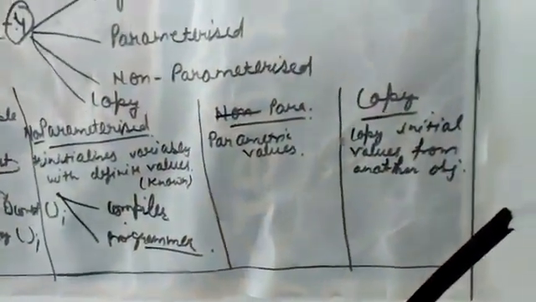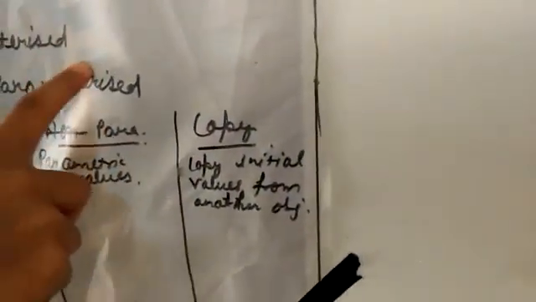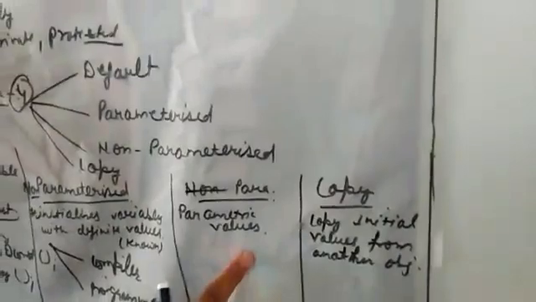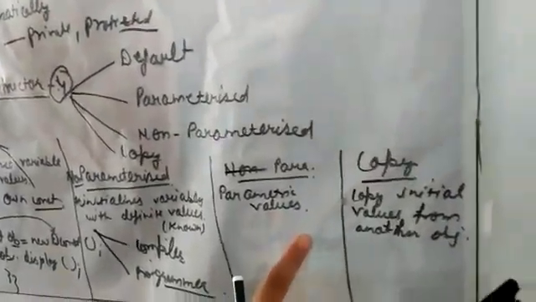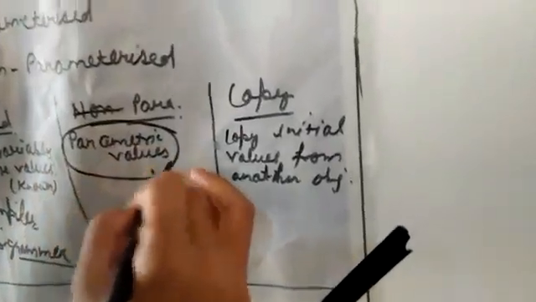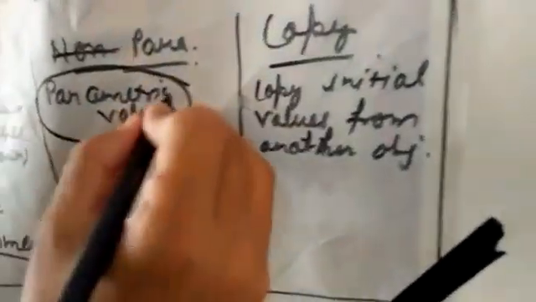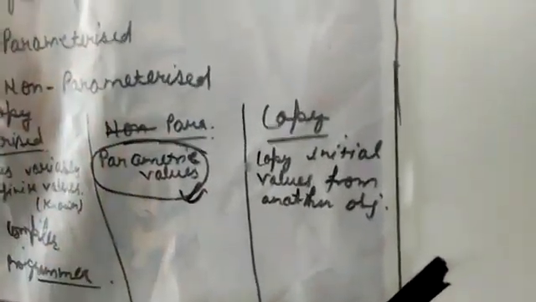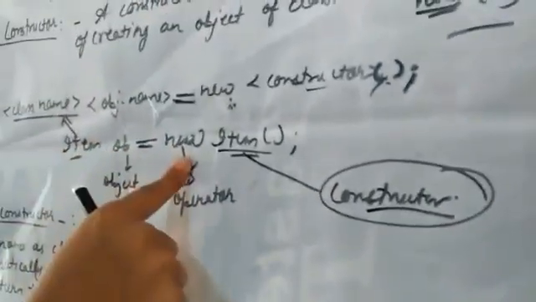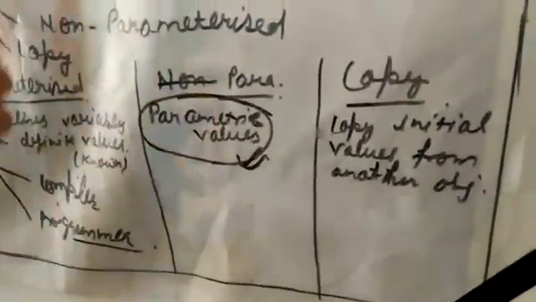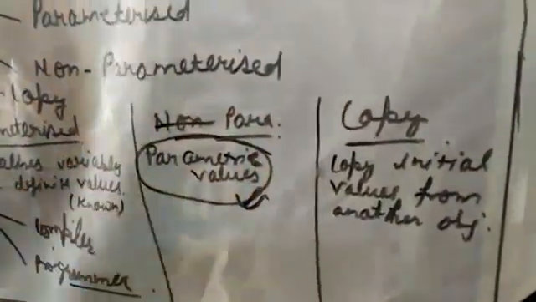Now come to the next one, that is the parameterized constructor. So what is a parameterized constructor? This constructor is a function with the same name as the class name, which we have already learned. Now the instance variables are initialized with the parametric values which are passed while creating an object. Whenever we create the object with the help of new, we have to pass these parametric values over there. Getting? That type of constructor is known as a parameterized constructor.